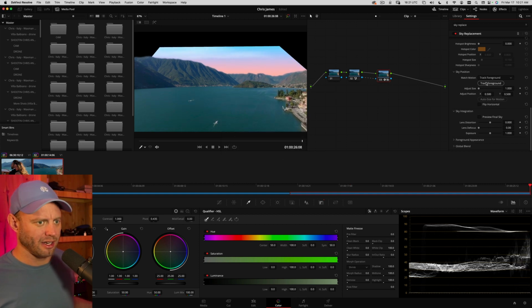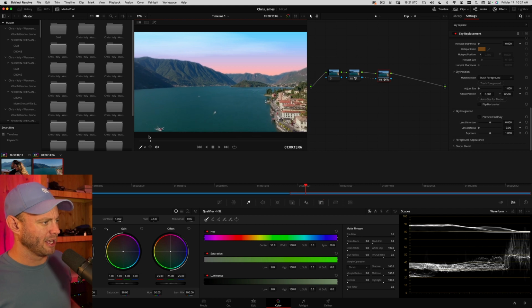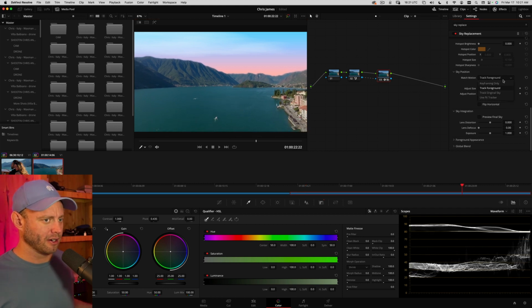Why does it do that? Oh my God. Okay. That was unbelievable, actually. Really? Okay, so we're not going to track like that. What I'm going to do is use an FX tracker. So use FX tracker, and then we're going to go down to